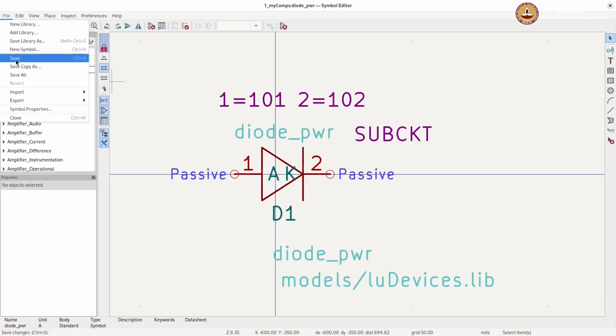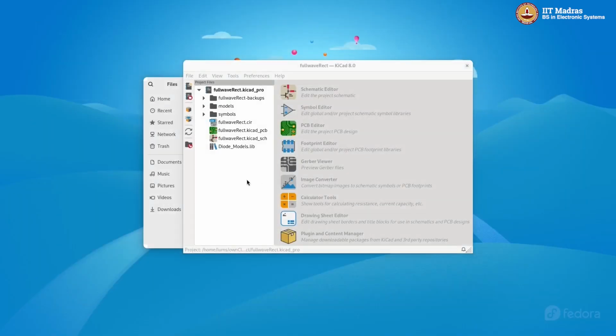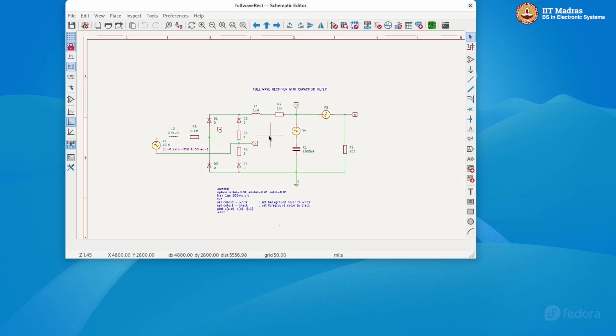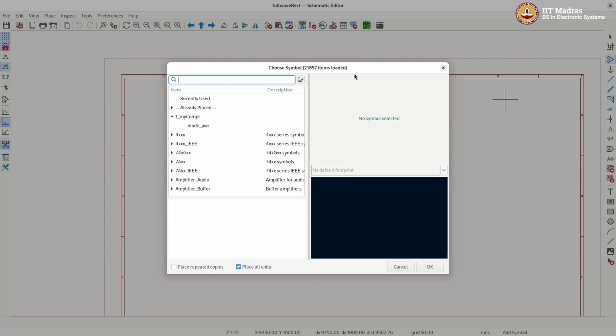Now let me save this and close it. I will close this and I will open the KiCad schematic. When I open KiCad schematic, so this is a schematic. On the right side here you see the add symbol icon. So when I click on that,